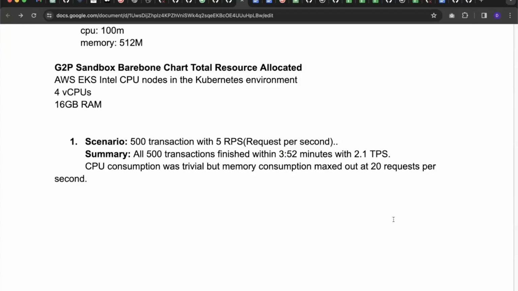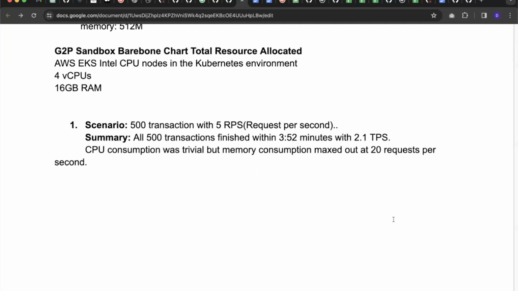So here, one transaction could have started at the first second and finished at the second second, and another transaction could have started at 3 minute 51 second and ended at 3 minute 52 second. So if we calculate the average response time and multiply it with the number of transactions, the TPS would be on the higher side. That is easier to do with polling APIs rather than with callbacks. So this TPS isn't accurate,